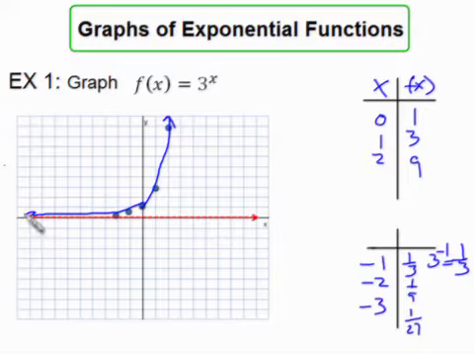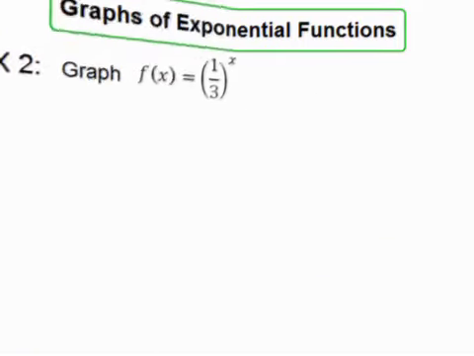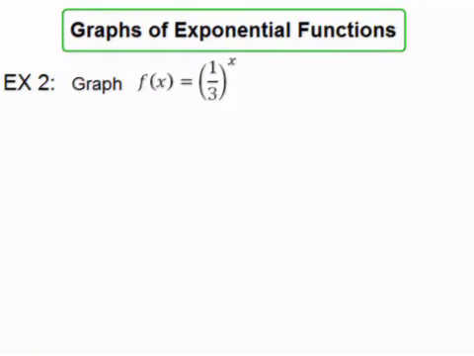To show this on our graph, we need to draw a dotted line along the horizontal asymptote, showing that y will never be 0. This is a boundary line for our graph. Now let's take a look at what happens when the base of our exponential is between 0 and 1, say a third. We'll approach this graph of the exponential in the same way that we did the last example, starting first at 0,